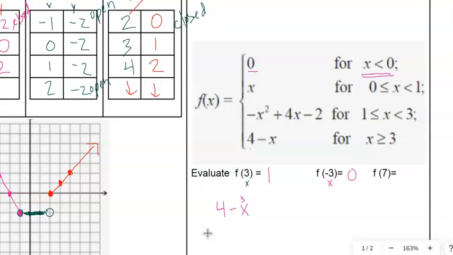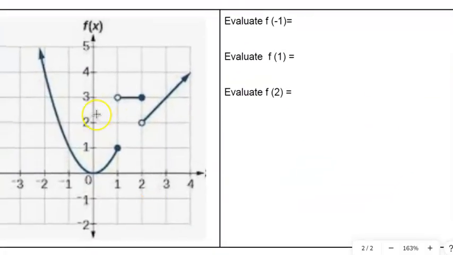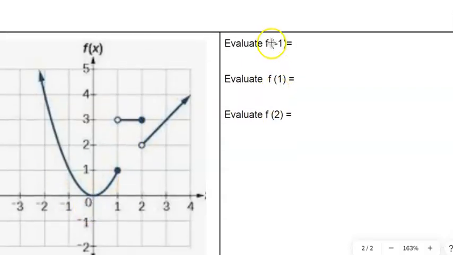And our last one, f of 7. So find which restriction applies. Yep, 7 is greater than or equal to 3, so we're going to use 4 minus x again. So 4 minus 7 is -3, okay? All right, so on your practice, I also have some where the graph is given and you're evaluating the piecewise